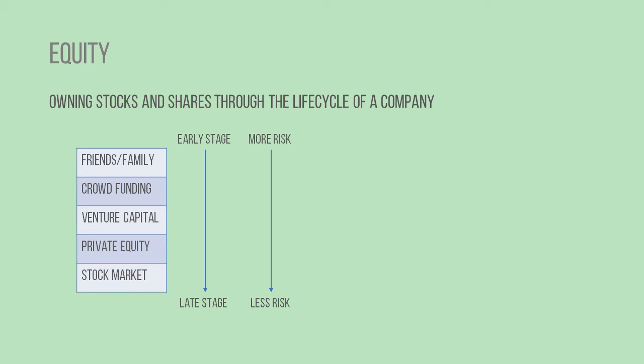Then the next step along is private equity, and maybe compared to the angels of venture capital, as they're referred to, who invest, the private equity are more of the demon side of things. They're the suits who go in and they buy companies that are relatively advanced, and then they create what's called a portfolio, which is a group of companies that might be in similar industries. So they might buy 5, well, to use my example as always, bicycle companies, and merge them together and then sell them off again. So they're more like investment banks, and they're less involved in investing in the company for the long term, but more playing around with it.